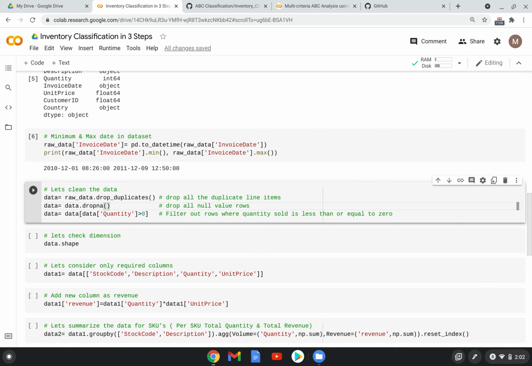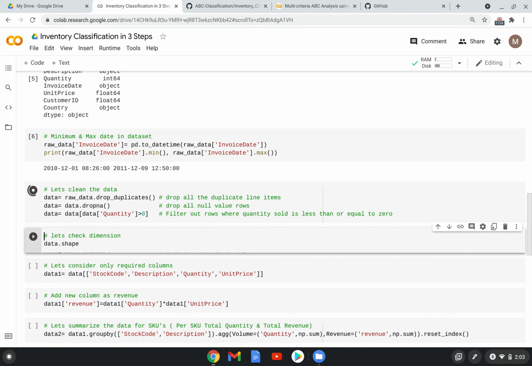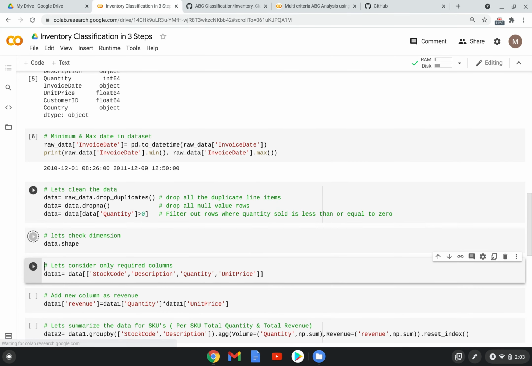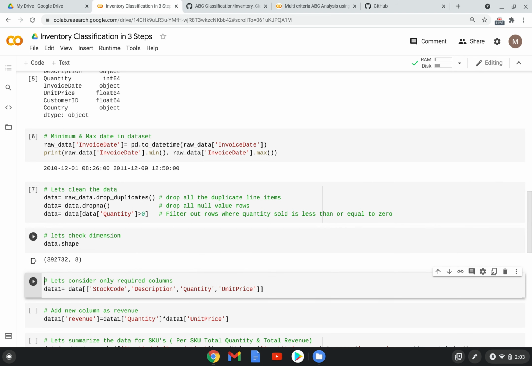So we are dropping the duplicates, dropping the NAs, and selecting the data where the quantity is greater than 0. Let's do that.